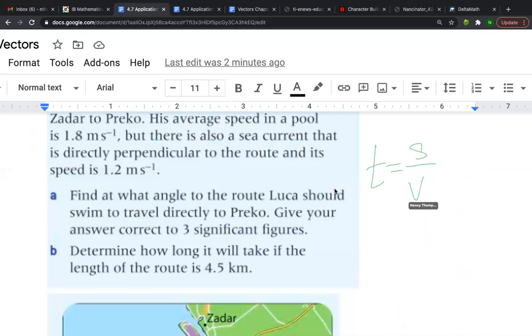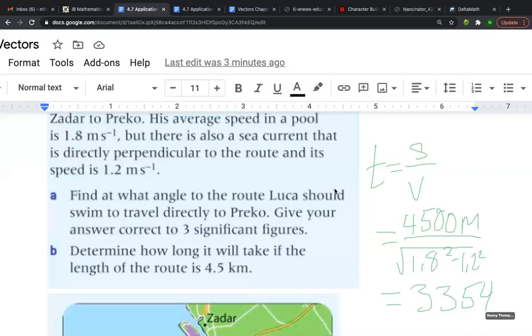So we end up getting that the time is equal to, this one's important, it's 4.5 kilometers, but since the speeds are in meters per second, you have to convert to meters. So here is that increment in meters, 4,500 over velocity, which is magnitude. So we have the square root of 1.8 squared minus 1.2 squared. And that should come out to